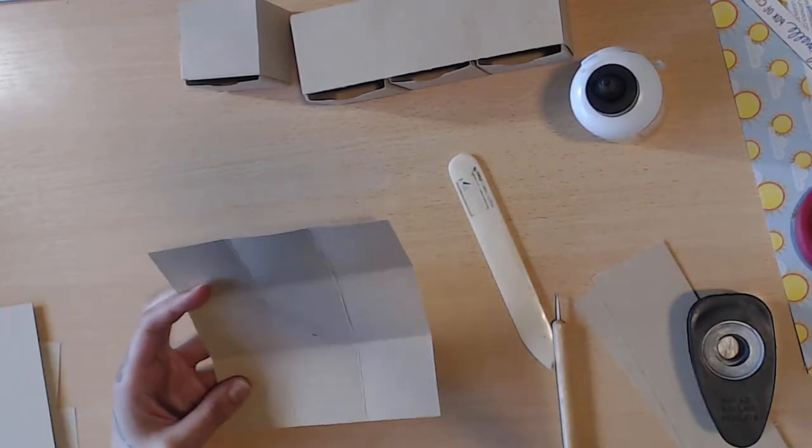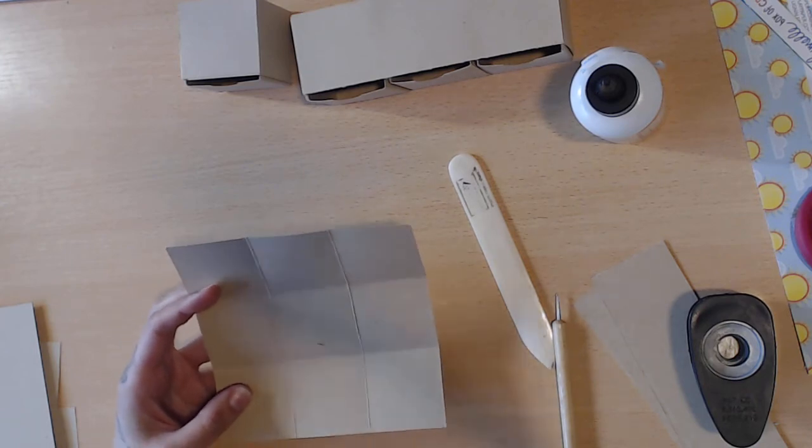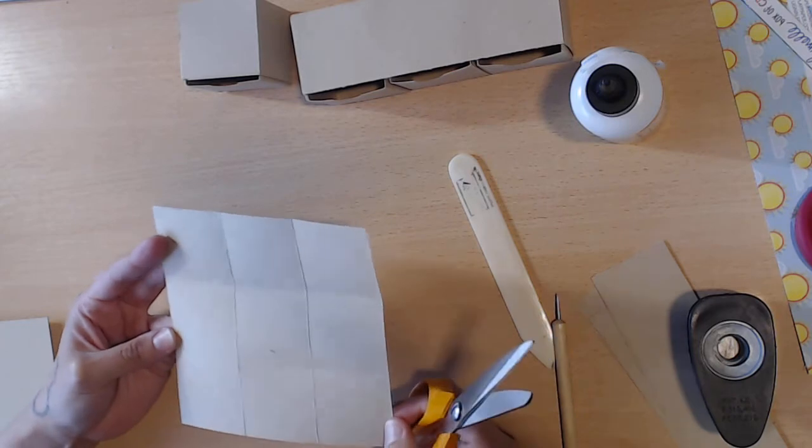Okay, so now we're just going to take our scissors. I like to use my Fiskars long scissors. You can use paper snips, your paper trimmer, X-Acto knife, whatever you have. And I kind of look at my box, and I know they're all supposed to be equal, but